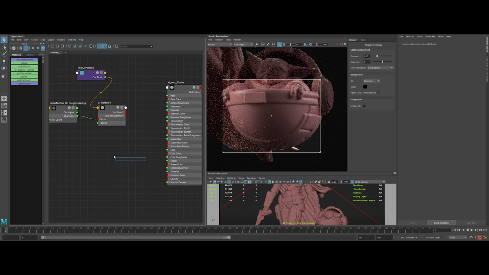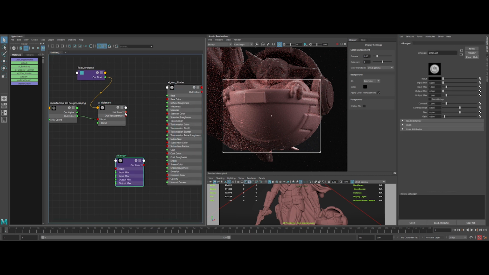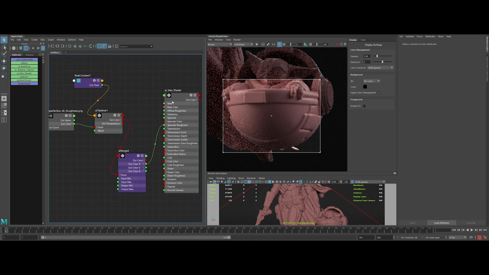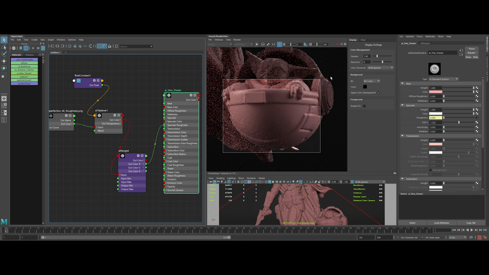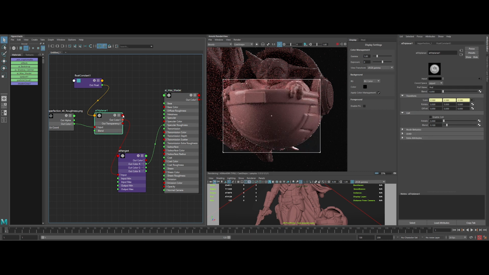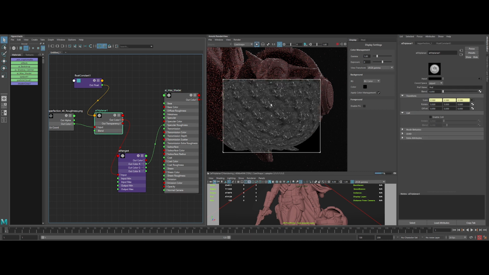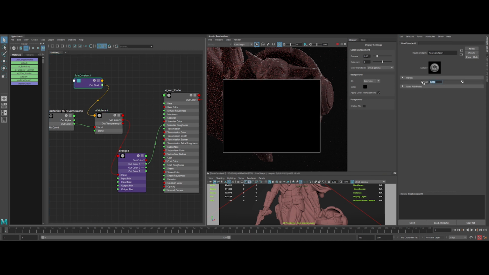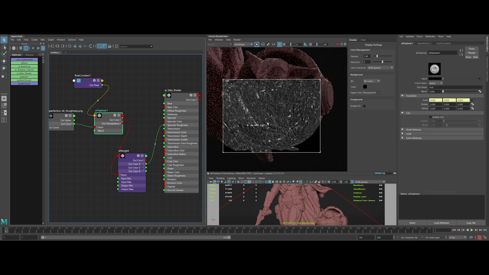Let's add an AI range in between the AI triplanar output and the specular roughness input to remap the value later. Now let's check the scale of the roughness map in the IPR in solo mode. The scale is a bit too small, so let's tweak it a bit. Let's lower the scale to 0.1. Let's lower it a bit more to 0.05. Again to 0.02. Okay, sweet.